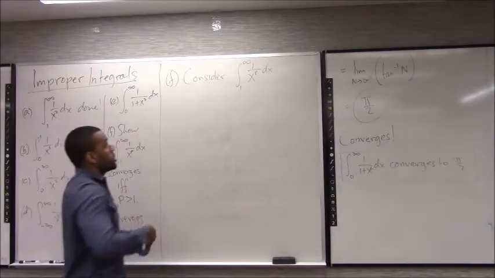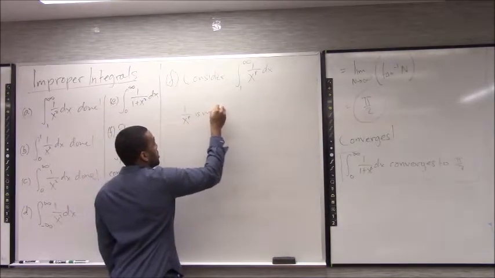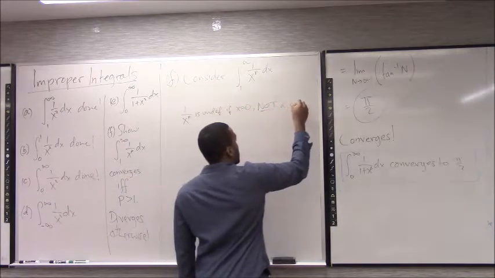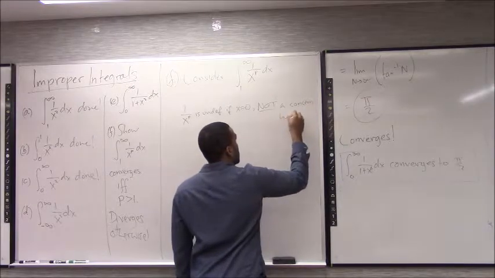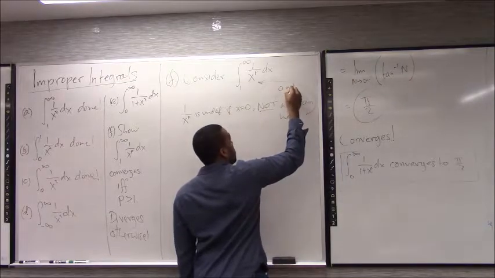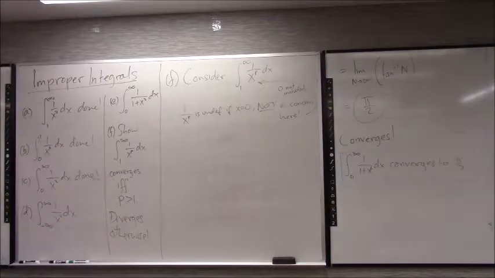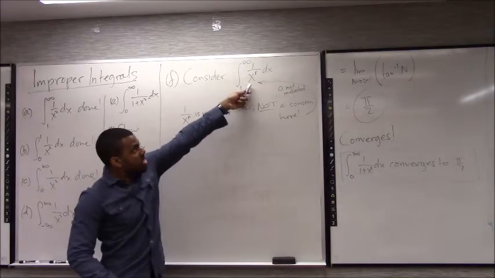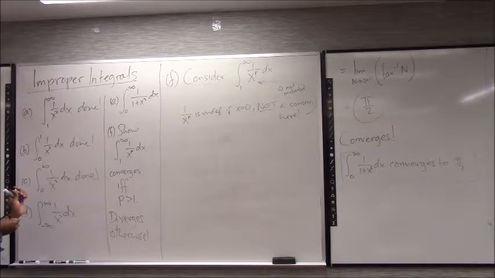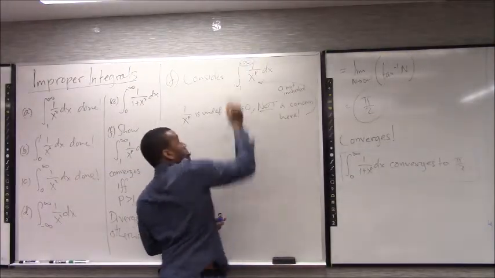In general, 1 over x to the p is undefined if x equals 0, but that's not a concern here, because 0 is not included. So while this function can be undefined, it's not an issue because we're not at a point where it's undefined. This function technically will be defined on all points along the interval that we're looking at right here. So the thing that makes this improper is the infinity, or the fact that we want to plug in infinity.